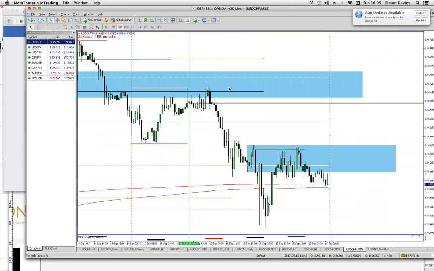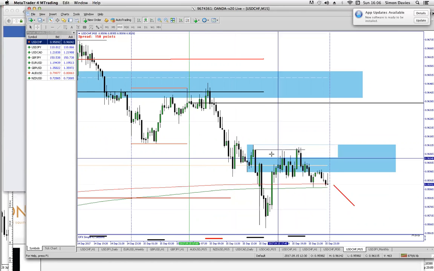So come Monday, we just got to watch where price goes. There's no clear entry right now. All I see is the hourly order block and the 15-minute order block. And price is 18 pips away from entry. So it's rallied 18 pips away from entry. So we're 18 pips late on getting in on this move. So what we could look for is a retracement back into order block